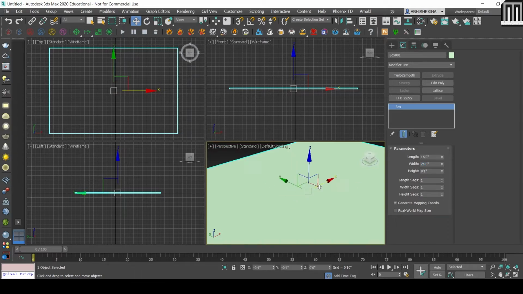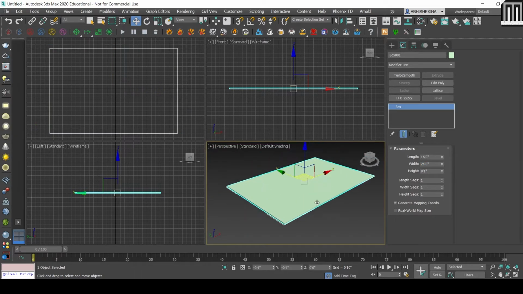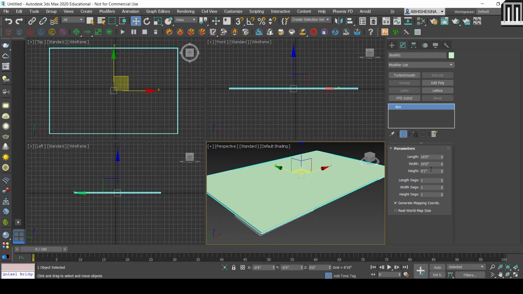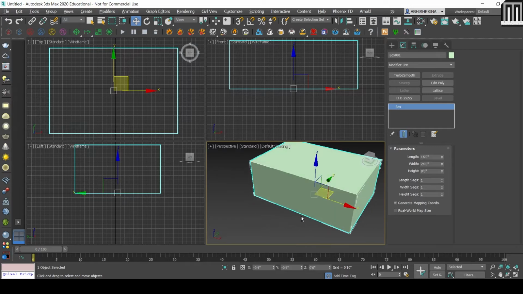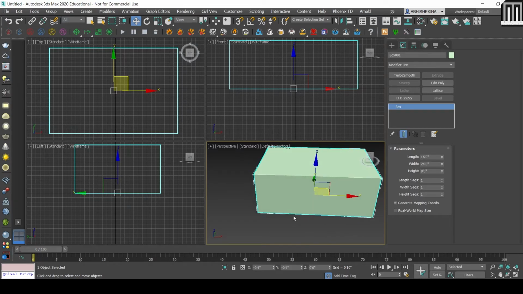So this is the total area we are looking at. And the ceiling height will be 9 feet. Generally it is 10 feet or 11 feet, but we will take 9 feet.